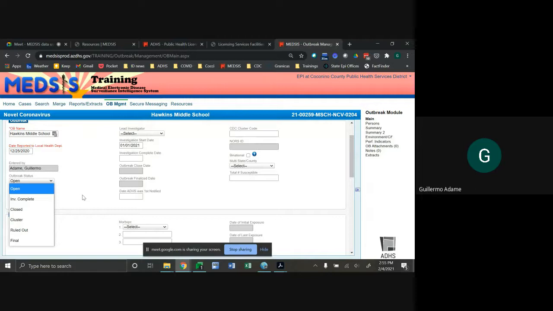Once the required elements are complete and you have finished editing the outbreak entry, update the outbreak status to closed, and save again. This will be considered submitted to ADHS, at which point we will review the data for completeness. All suspect outbreaks should be documented in the outbreak module, but an outbreak status of closed should be used only for outbreaks that meet the requirements for a confirmed outbreak based on the outbreak definitions, which we have in our outbreak guidance that I brought up before.